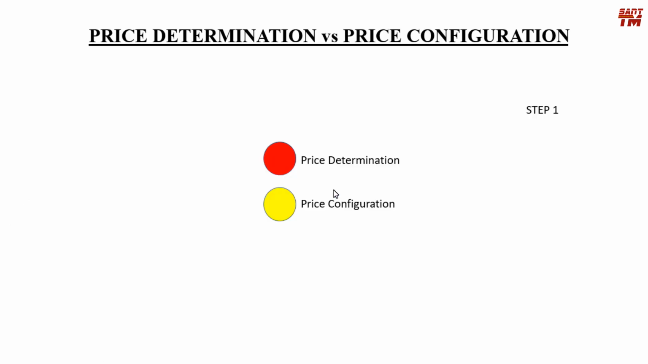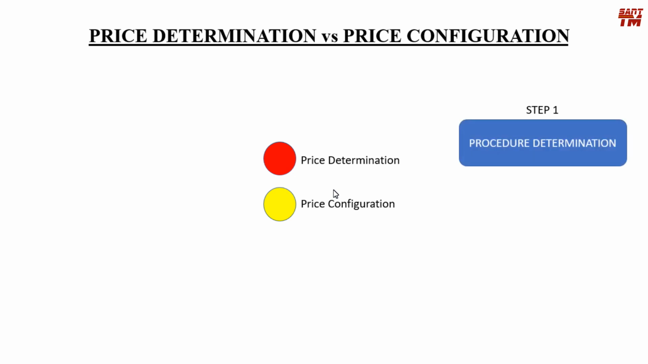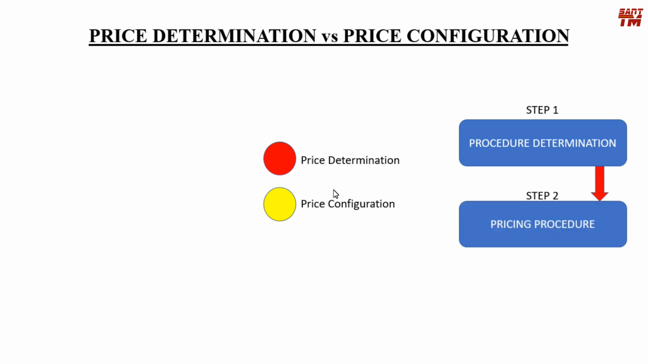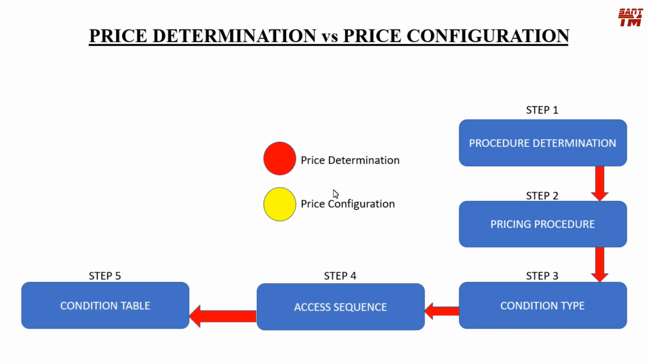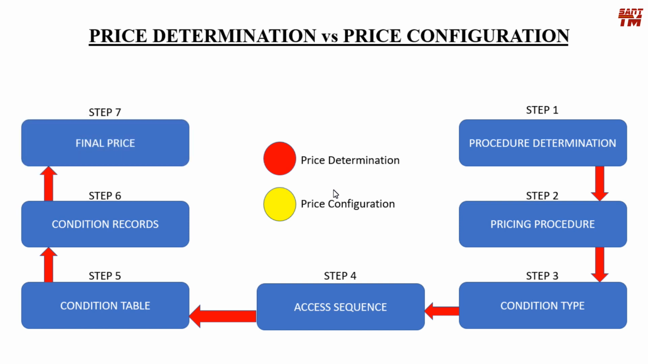So here is the summary. Step 1, procedure determination that carries the sales area, sales document and sold to party. Step 2 is pricing procedure. Step 3 is condition type, access sequence. From access sequence we get condition table, from condition table we get condition records, and from condition records we get the final price. This was the process of price determination. And how the price is being determined,